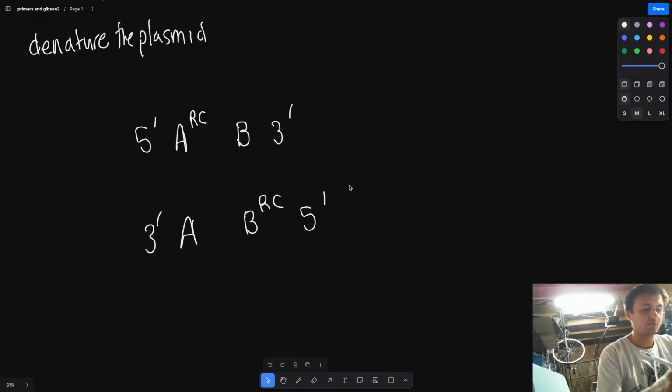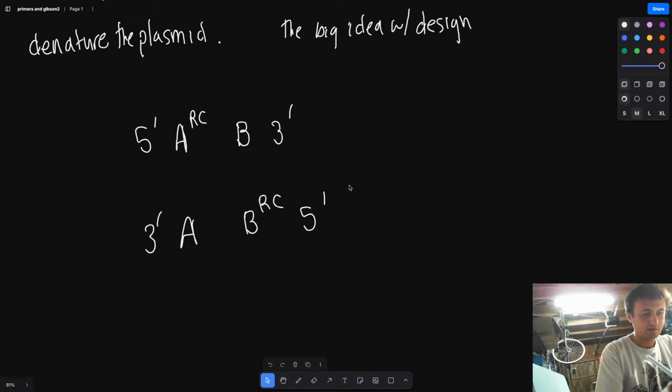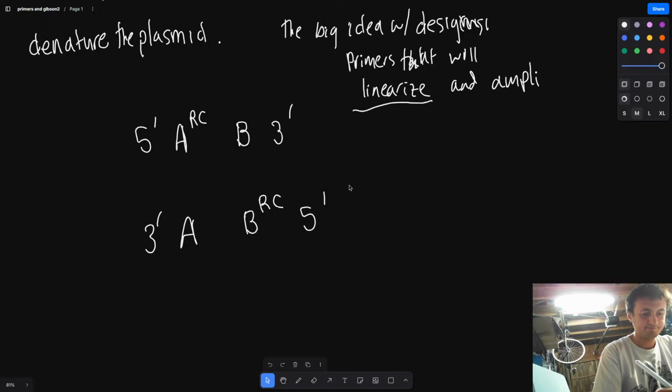They're split apart. So the whole idea behind the primer design, the big idea with designing primers that will linearize and amplify the whole plasmid